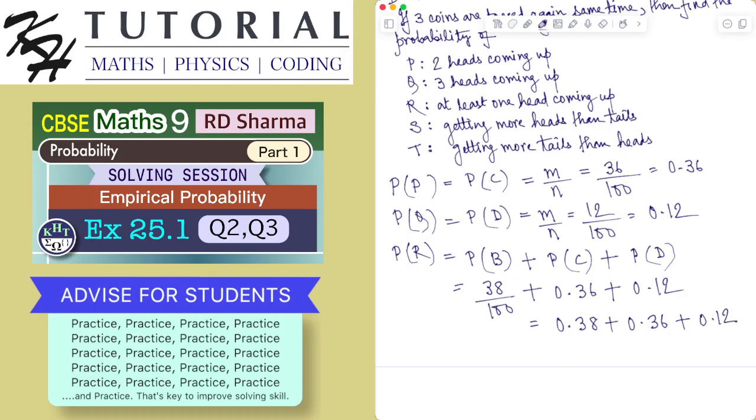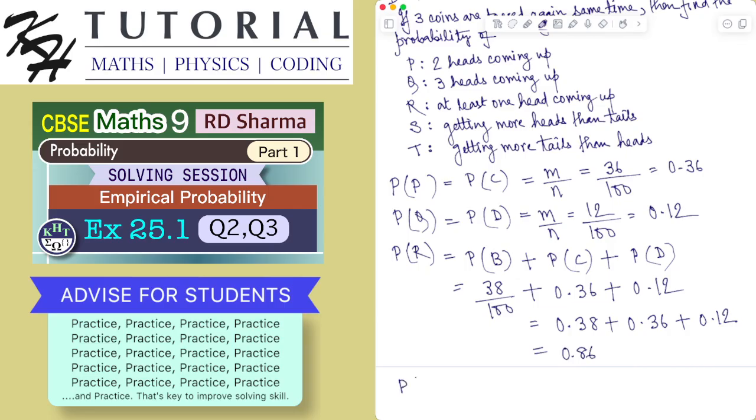Always remember, probability of any event will always be greater than or equal to 0 and less than or equal to 1. It can never exceed 1. Okay, so this is 0.5, this is 0.86. Let's see what will be